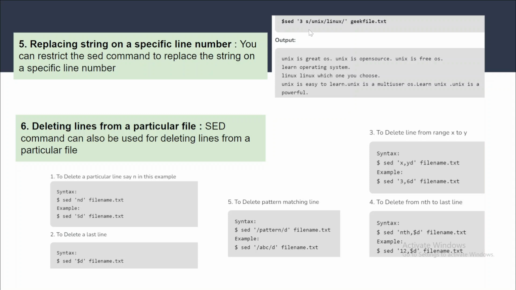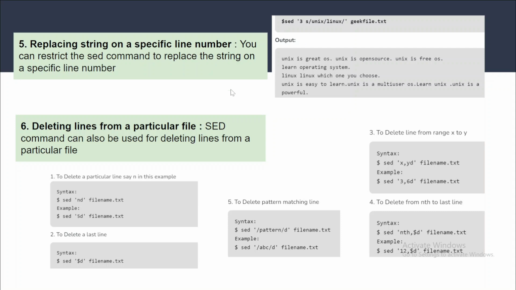For example, here I want to replace Unix with Linux in the third line. I just need to provide the number of the line I want to substitute on, and the remaining will be the same, along with the file name. If you want to substitute in the fourth line, you just provide the line number 4. Okay, and it will replace your first Unix occurrence.